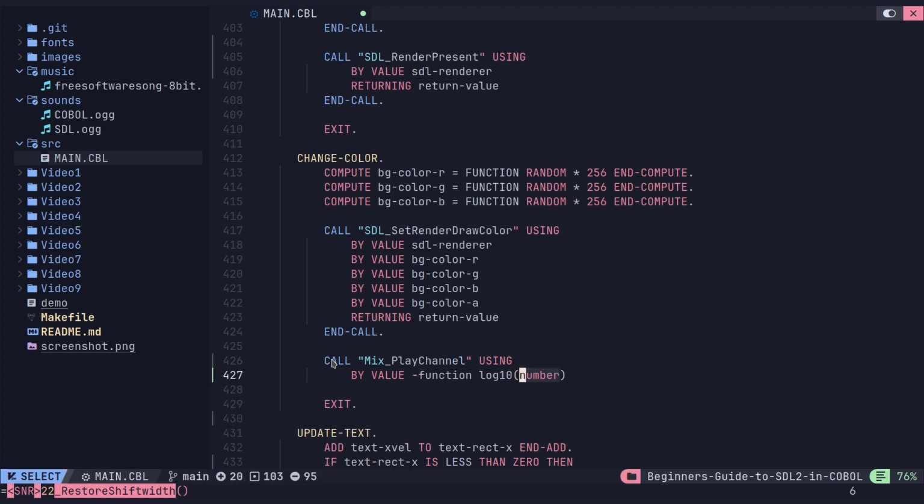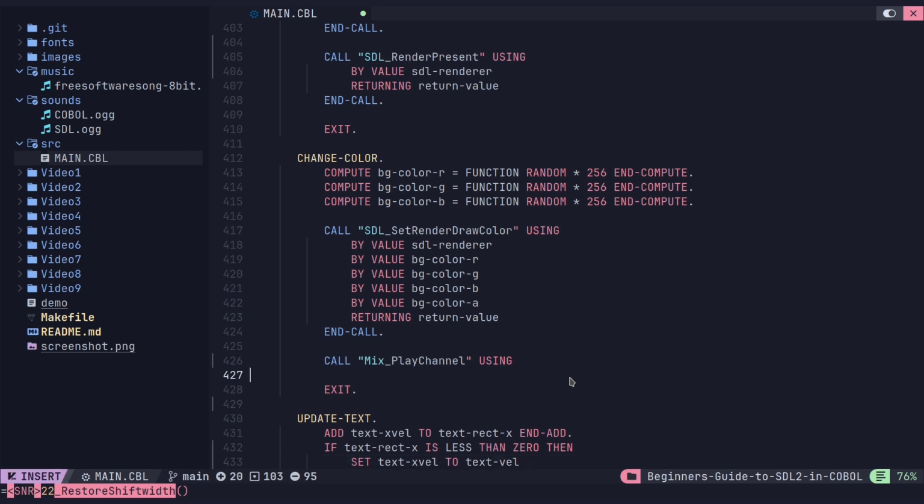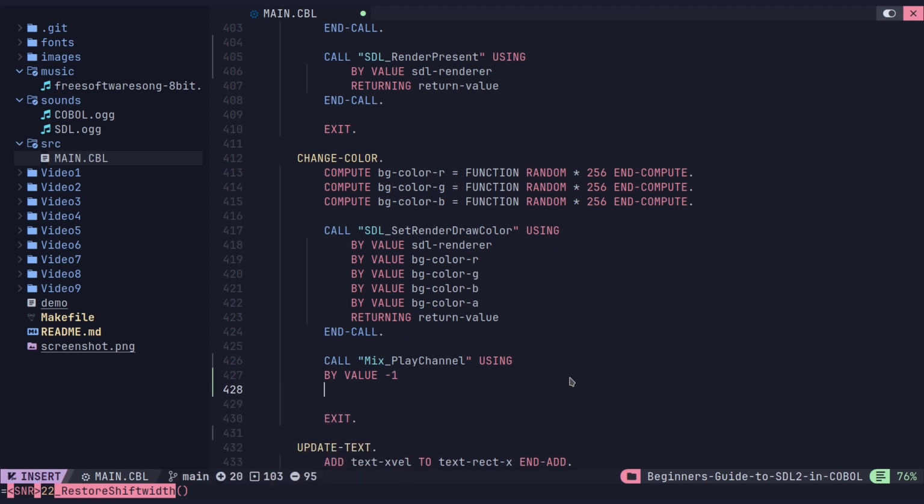Really, it really wants me to do that, huh? Let me just get rid of this real quick. Okay. So it's by value, -1, and then